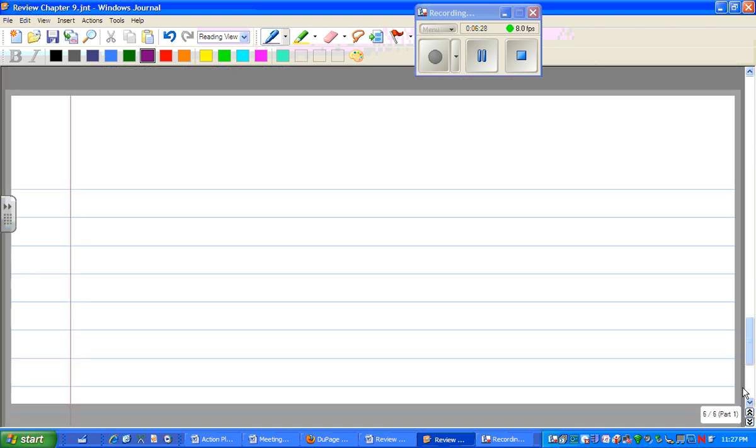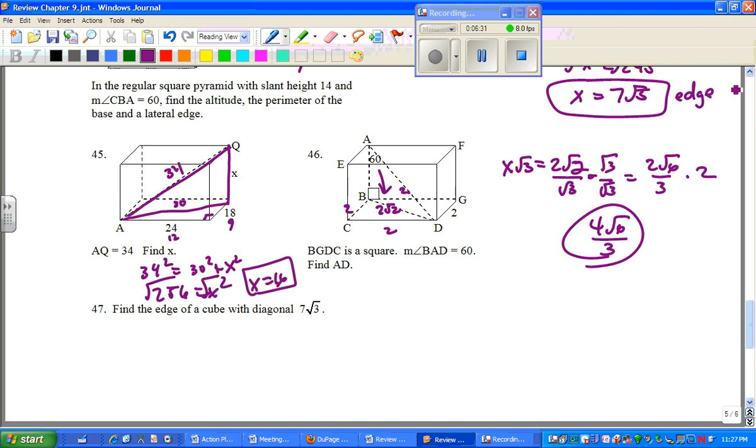And last but not least, finally, last number, 47. You got to find the edge of the cube with diagonal of 7 root 3. So you have a cube. You know that all the sides are the same. If we draw on the cube, the diagonal is 7 root 3. We know all the edges, find the edge of a cube with the diagonal of 7 root 3. So we know that each piece is x and x. So the bottom piece is x root 2